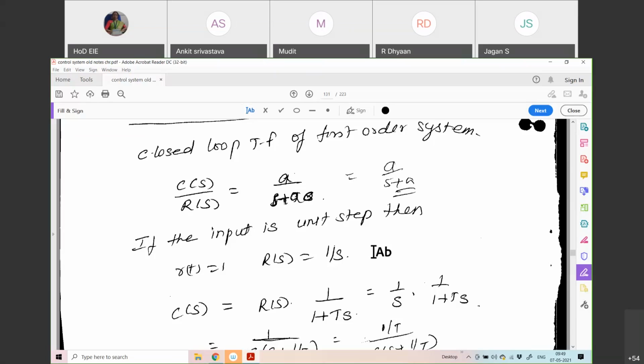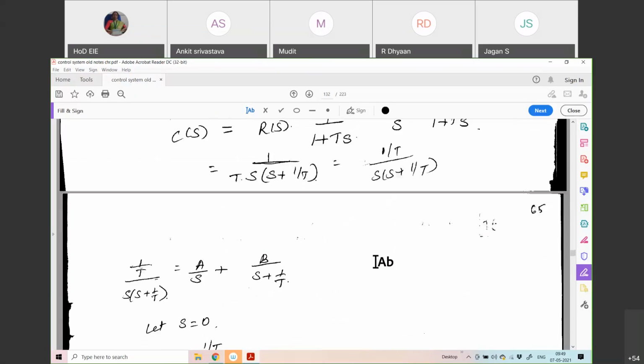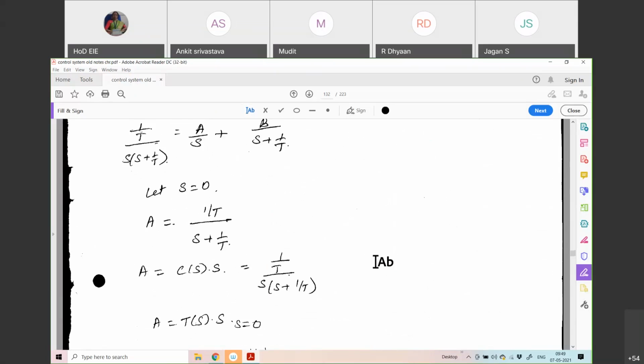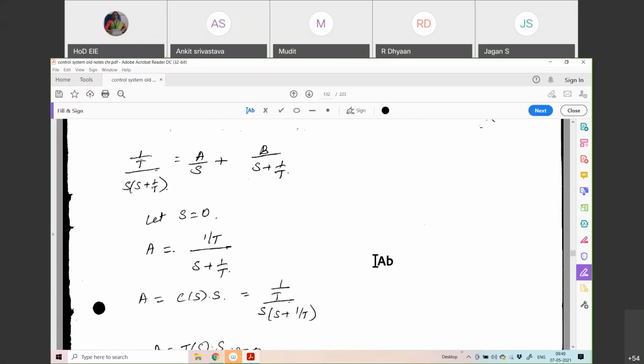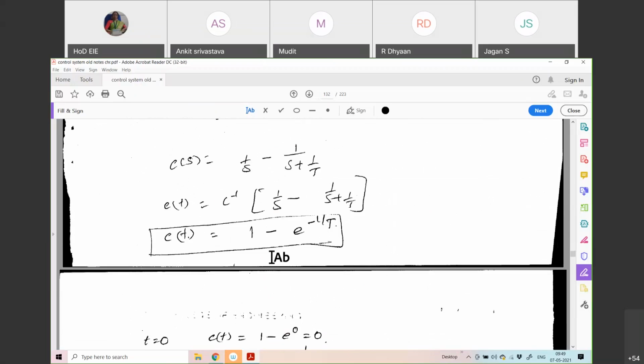If I ask you a one-answer question like a quiz, then you should be able to recall that 4 by s plus 4 is similar to a by s plus a. So it is like 1 minus e to the power of minus a t. So you can say that T is 1 by a, right? T is equal to 1 by 4. Capital T is 1 by 4. So you can put those values: 1 minus e to the power of minus t by T. So T is nothing but 1 by 4. Why? The time constant was 1 by a before, now it is 1 by 4. So minus t by 0.25. Okay, that should be there.